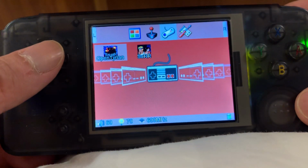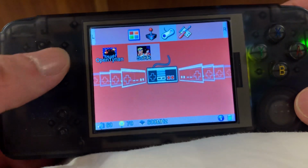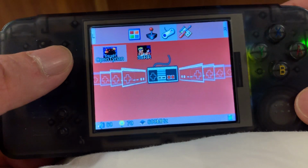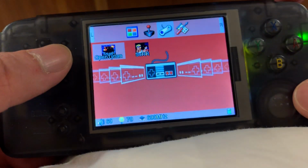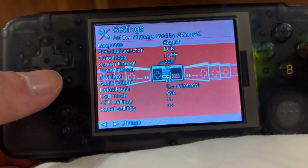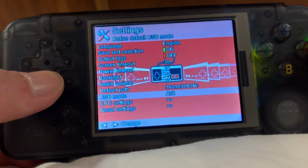This device also has some homebrew games. I only installed two games. OpenTyrian is one of those games for me. I really like it. We can do some settings with this, because after I went with retro firmware,